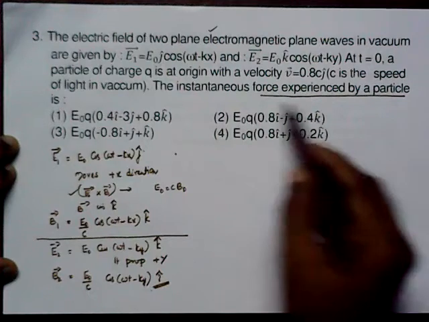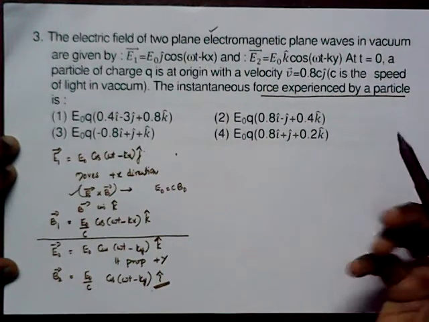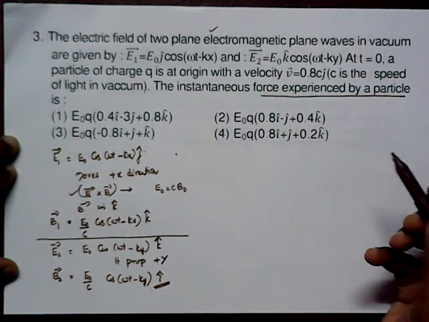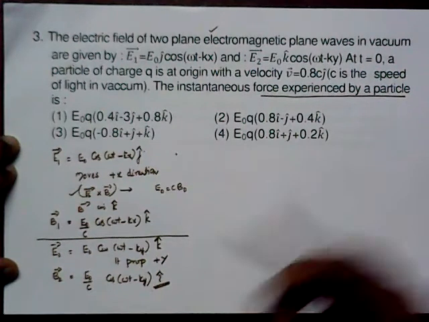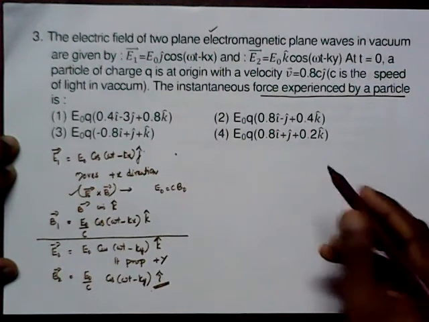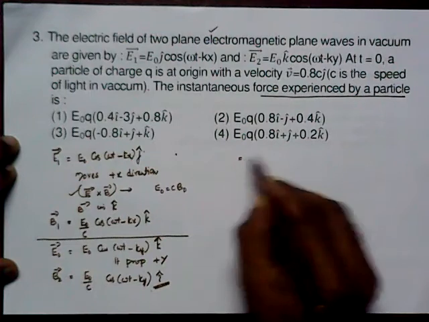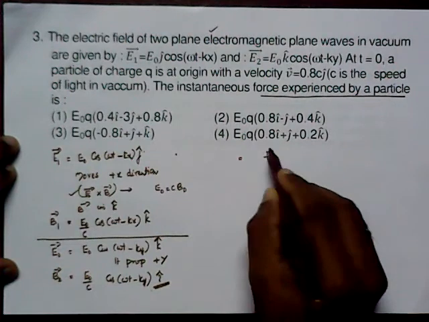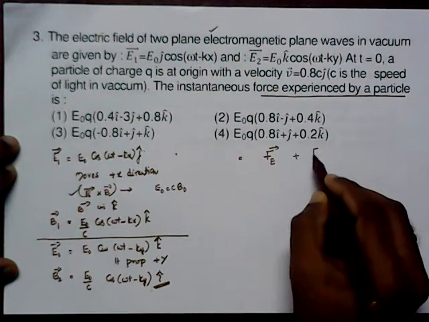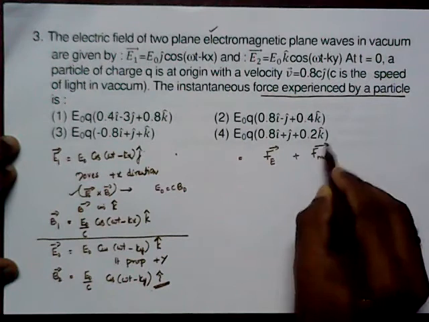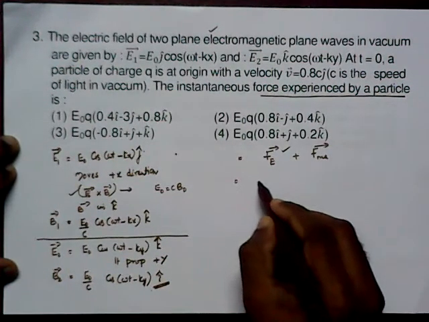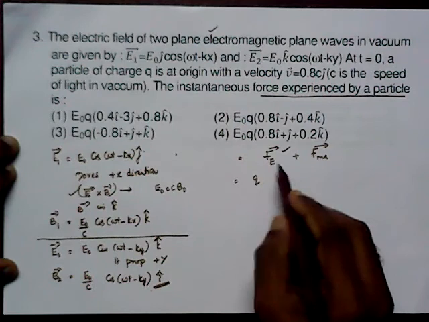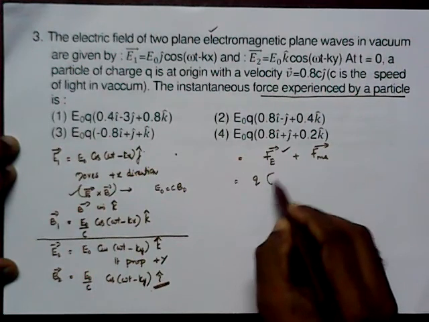Then we have to find the instantaneous force experienced by a particle. Here both electric and magnetic forces are there, so the Lorentz force is taken into consideration. The force is the charge Q times the net electric field plus the net magnetic contribution. How can we find the electric contribution? Simply, the charge Q into the net electric field,